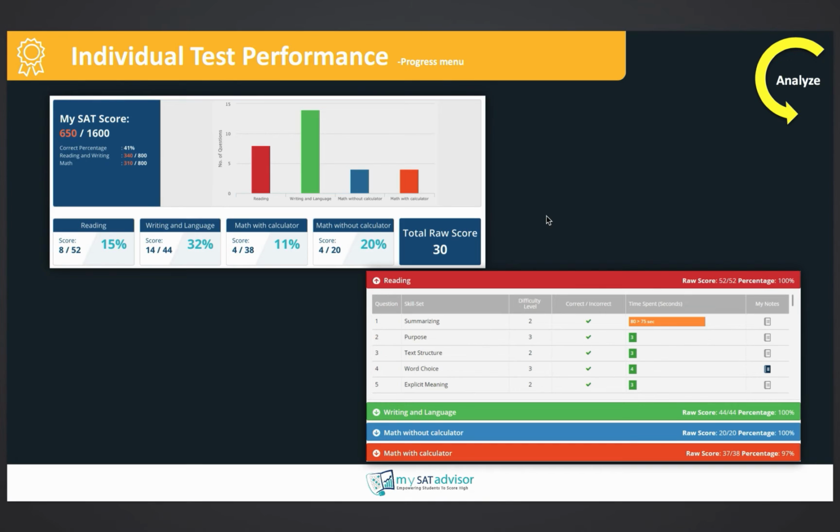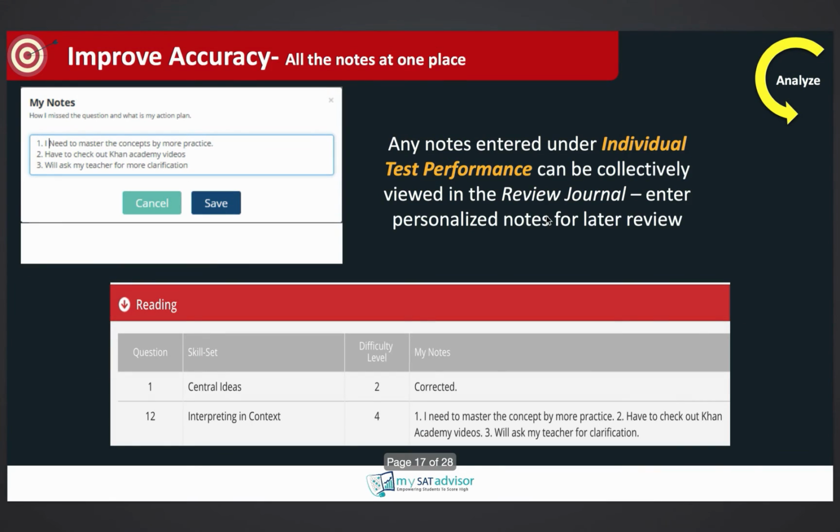Well, why is that? Because the software and the built-in timer determine that each question in the reading section should take about 75 seconds on average. But upon analysis and timing, the student took 80 seconds instead of 75 seconds. So the software is going to make a note that the student spent longer than average on a question under the skill set summarizing. And you'll see how useful it is that the computer makes a note of all of these individual questions where the student spends more time than necessary.